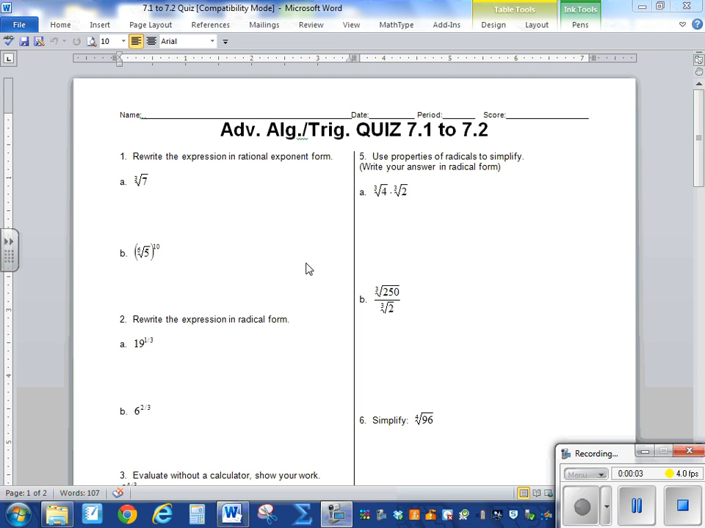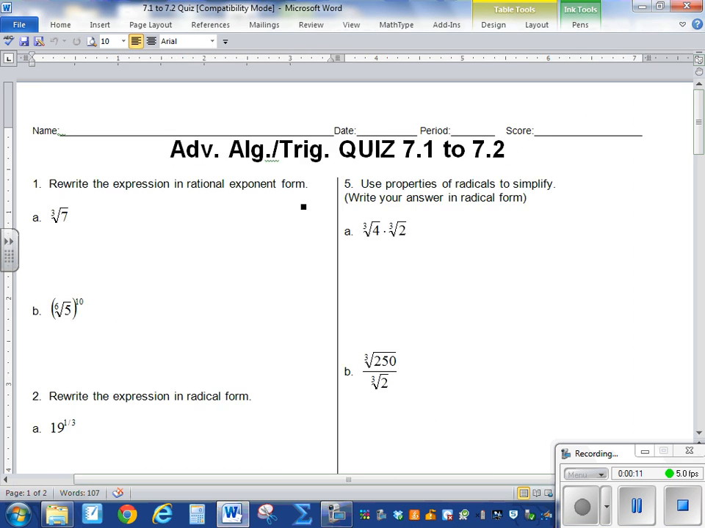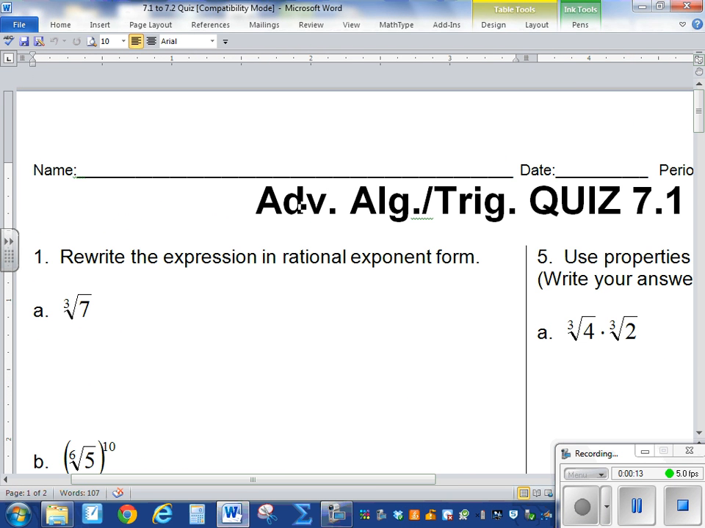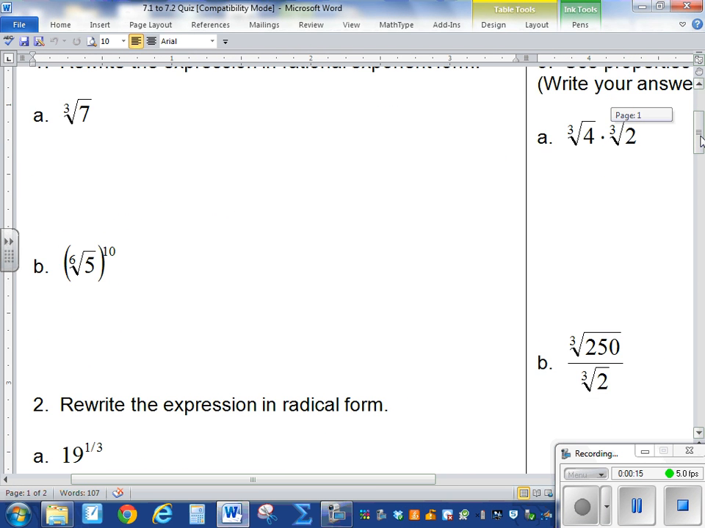So this is the key to the Advanced Algebra Trig quiz 7.1 to 7.2. You guys wanted me to go over it, so I'm going over it now. So let me zoom in here. All right, so number one,